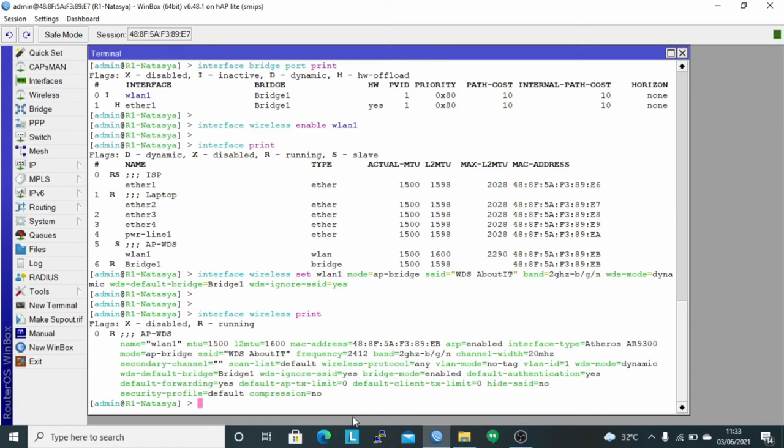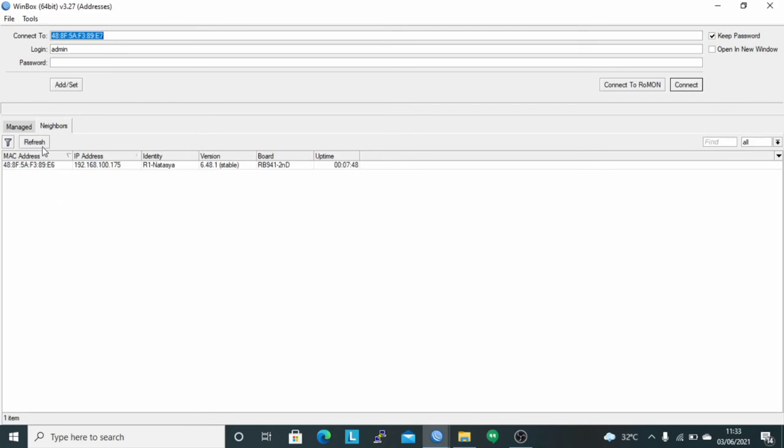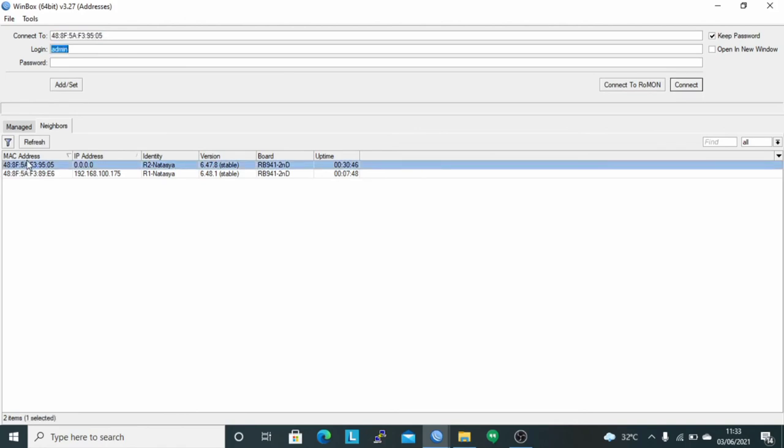And then perform the configuration on router 2 or the router client, which uses mode station. I will move the LAN cable to router 2. If already done, remote to router 2 or the router client using the Winbox application.